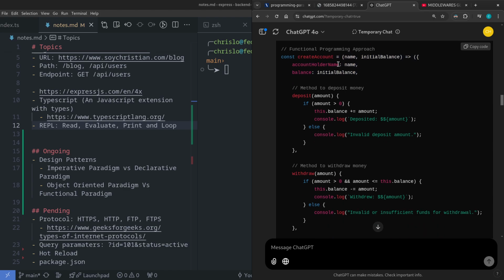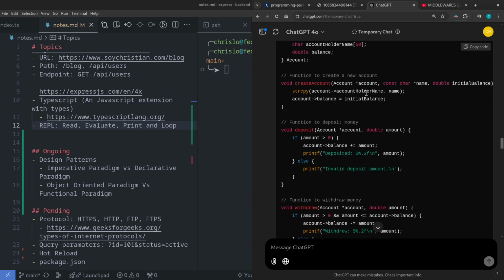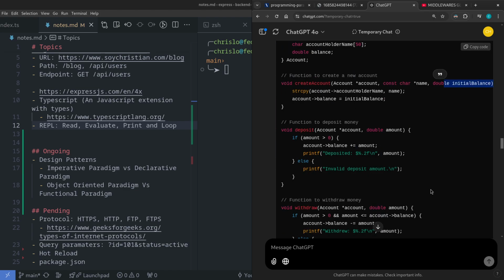So we are no longer using the class attributes. On the other hand, we are going to use variables. In this other scenario, we are not going to use classes. So all the time we have to receive all the information: the account, the name, well, if the name is important, of course, and for example, the initial balance. And maybe if you want to, I don't know, withdraw some